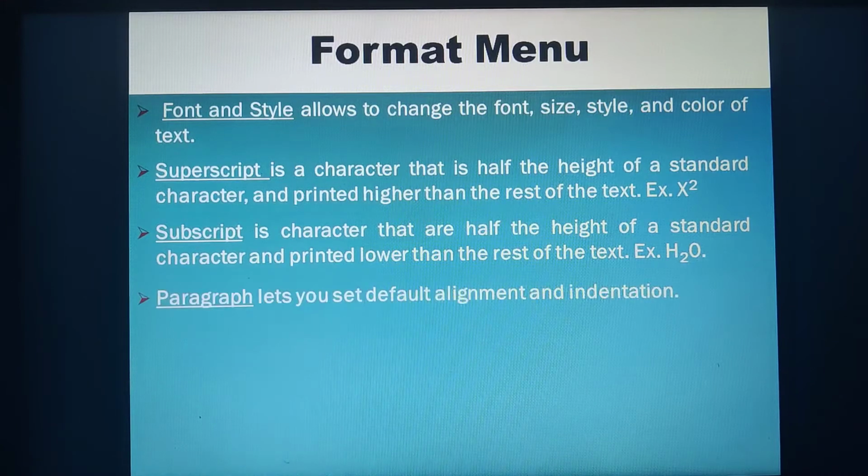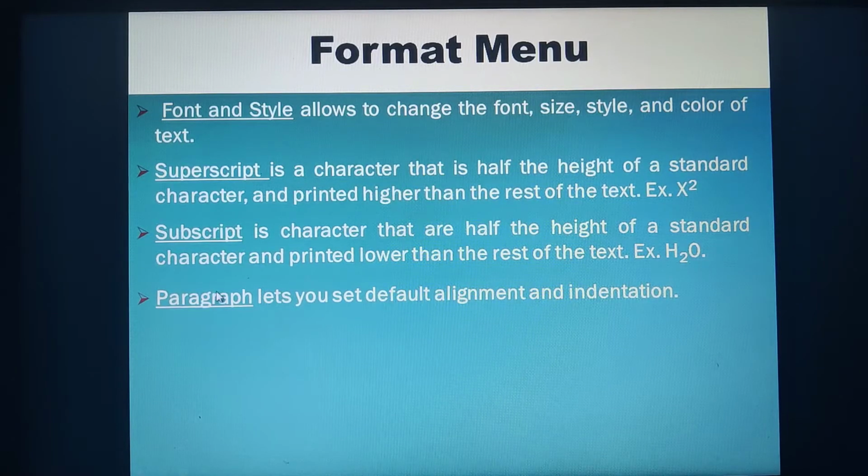Next we have the option that is paragraph. This paragraph lets you set the default alignment and indentation. In the paragraph option, you can give the line spacing, how much space you need before you begin the paragraph, and you can change the left and right indentations.